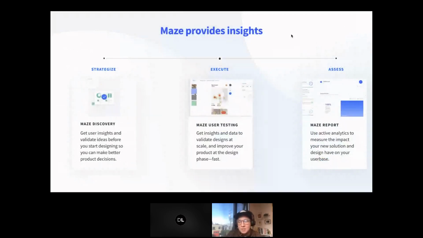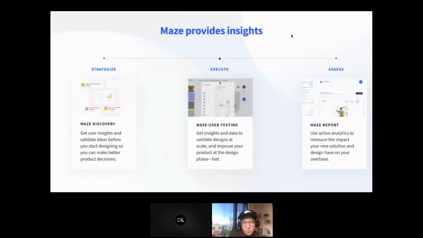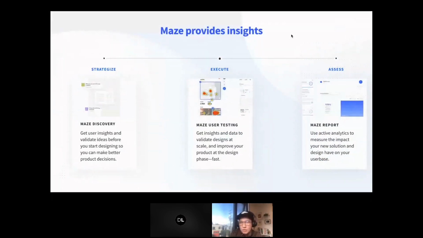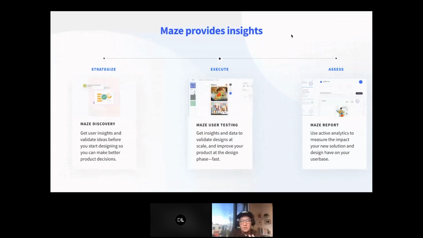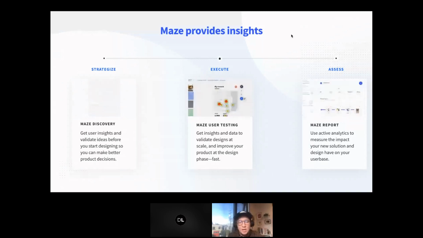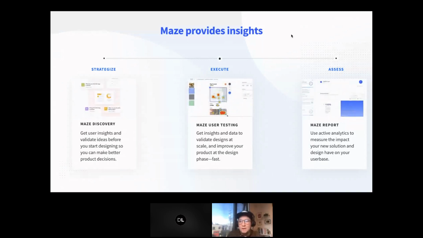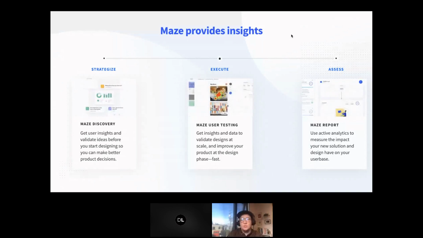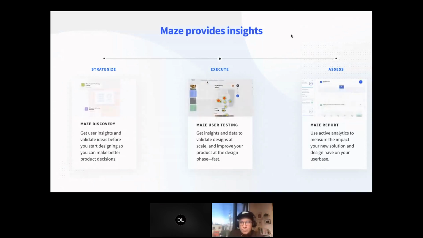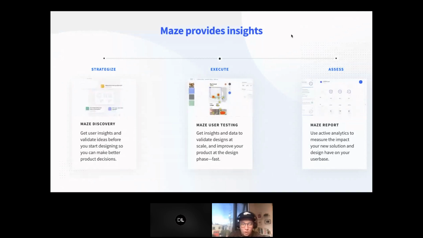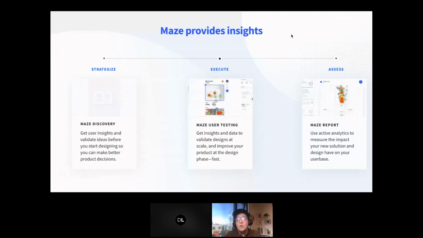So when you think about Maze as the overall spectrum in the process, it really starts with strategy and Maze discovery. Just like we looked at the user testing and rapid testing and the framework there, Maze really falls into every one of those parts of the process. Maze discovery is being able to garner those insights at the top of the process, to understand who and what you're designing for, to inform how you actually create.